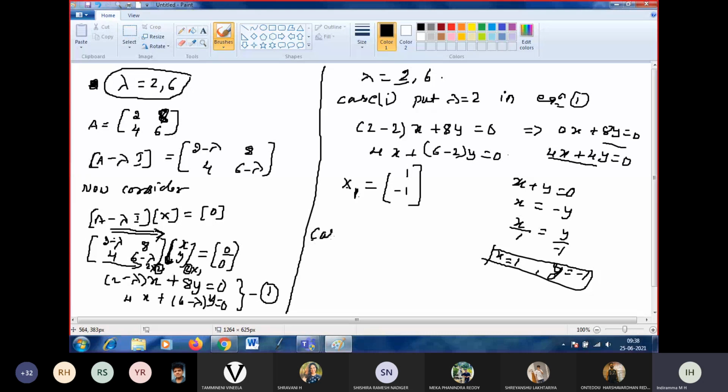Next, go for case 2. In case 2, put lambda equal to 6. Where do I want to substitute? In equation 1. So equation 1 becomes 2 minus 6 into x plus 8y is equal to 0. Next, 4x plus 6 minus